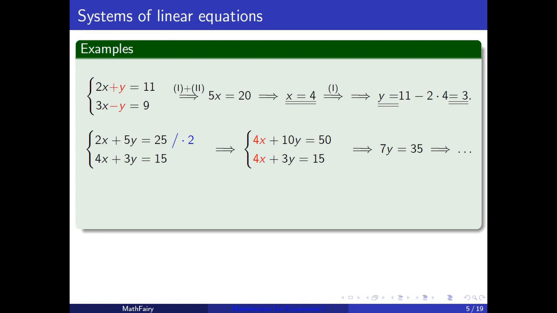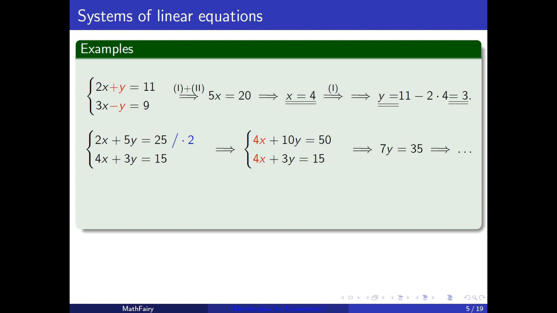For another example, let's consider the system of linear equations 2x plus 5y equals 25 and 4x plus 3y equals 15. Now, there are no equal coefficients in this case, but if we multiply the first equation by 2, we will have 4x plus 10y equals 50, in which case we do have equal coefficients, and from now on we